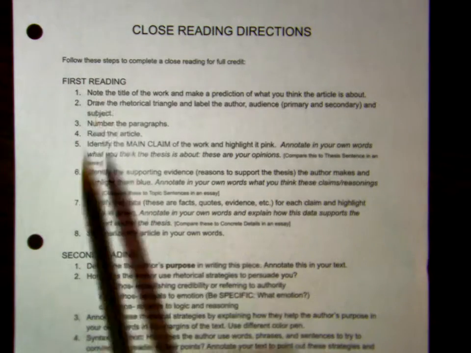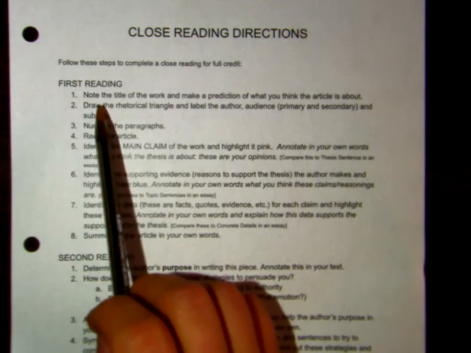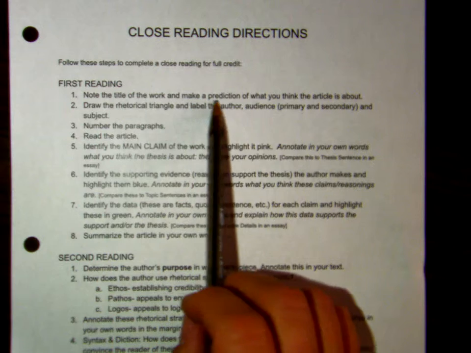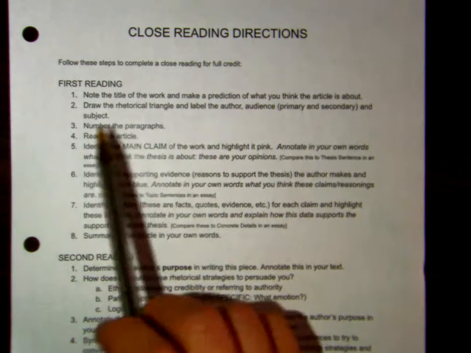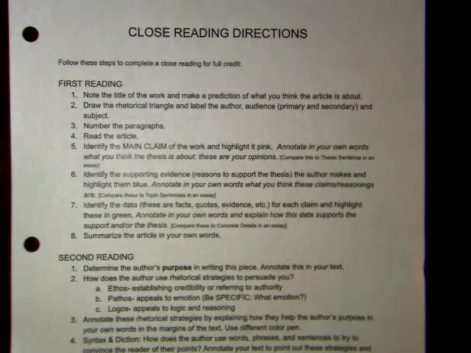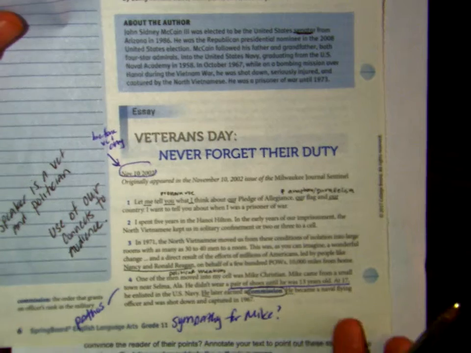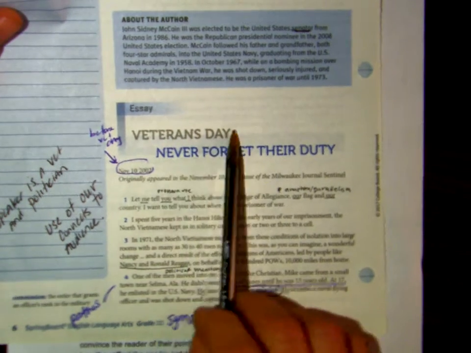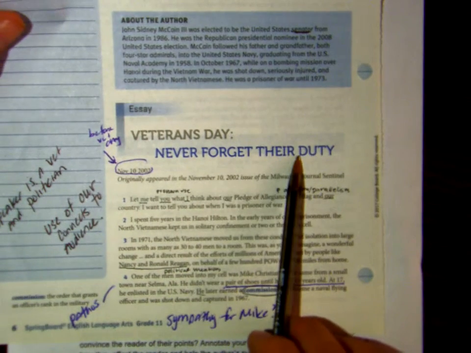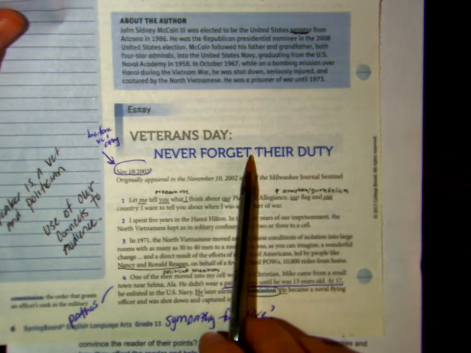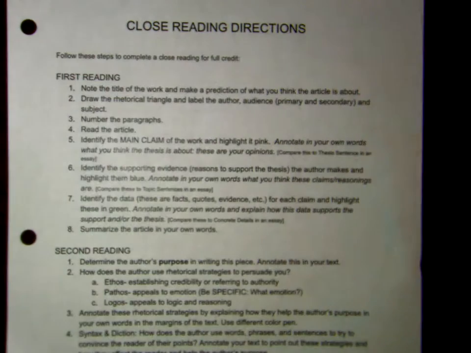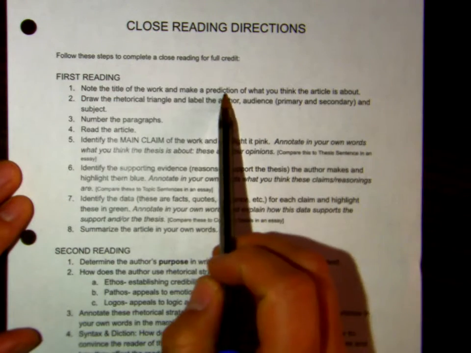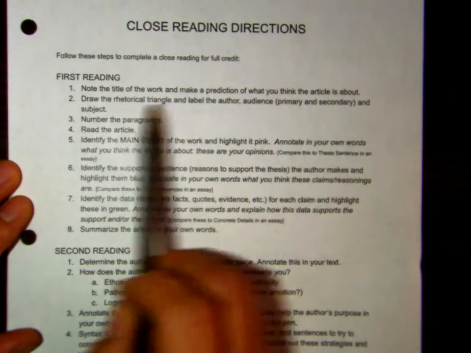So notice there's a first and a second reading. During the first reading, you want to note the title of the work and make a prediction of what you think the article is about. So that means just looking at the title of it. So for example, this one right here is Veterans Day, Never Forget Their Duty. So we understand that this is going to be about veterans and the duty that they've served. And then make a prediction of what you think it's about, and you can just write that off to the